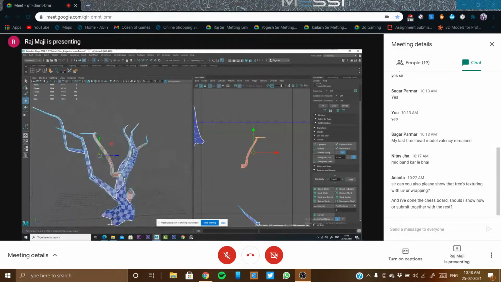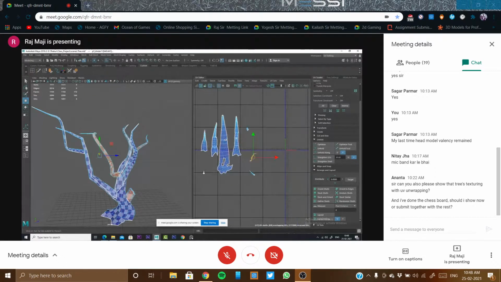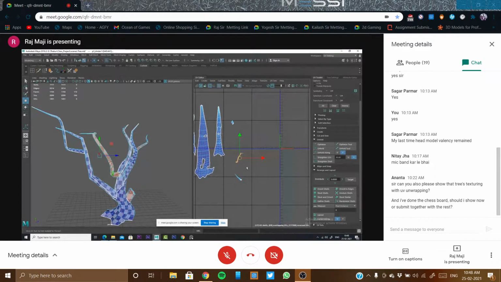After that I need to unitize it, isn't it? So selected all the faces, going to modify. In Maya 2019 I need to find that particular tool, unitize, where it is written.